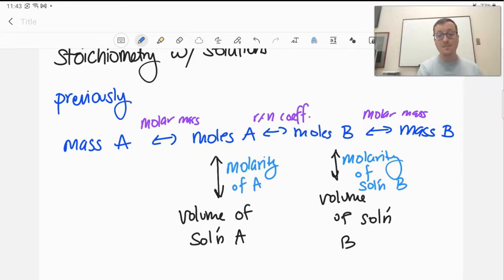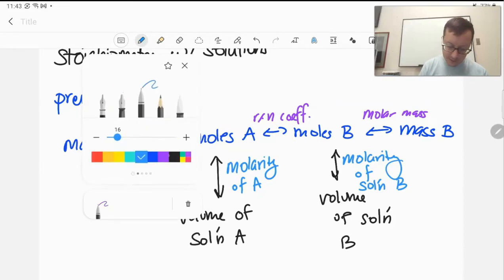So we're able to get these conversion factors that let us switch between different quantities. We can now use the mass of A, find moles of A, go to moles of B, and then find volume of solution B instead. Or we can use volume of solution A to find mass of B, or volume of solution B. All of these are backwards and forwards arrows, because we can use them to figure out any other quantity we're looking for. Let's say, for example,